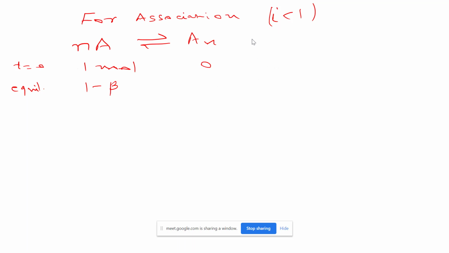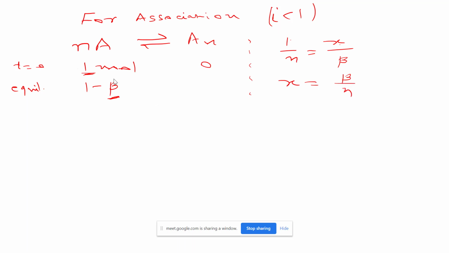No, not beta. Actually, here you have to use the stoichiometry. What is the coefficient of A_n? It is 1 for the product, and for the reactant it is n, and we want to calculate the moles of product, and how many moles of reactant have reacted here. From 1 mole, how many moles have gone to the product? Beta moles. So put it here. Moles of reactant reacted is beta, moles of product produced is X, and the ratio is 1:n. So now what value of X are we getting?